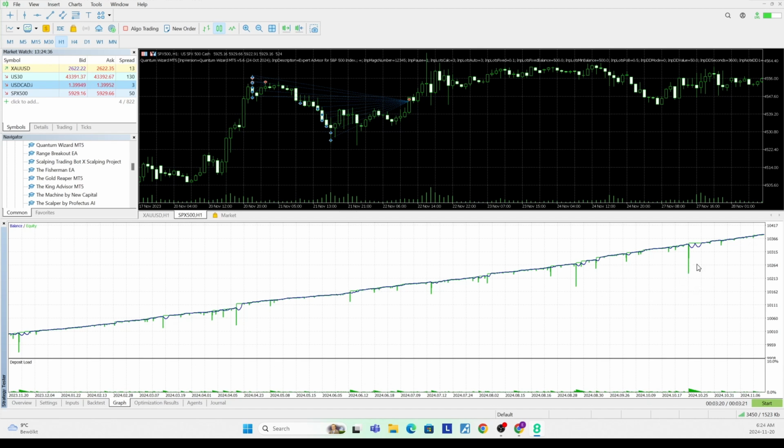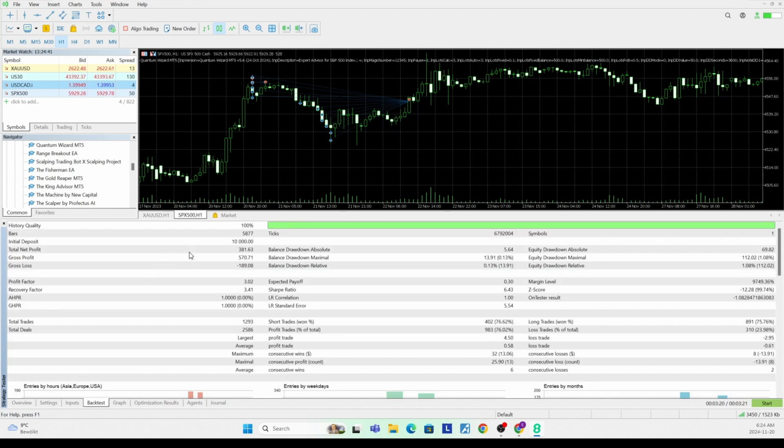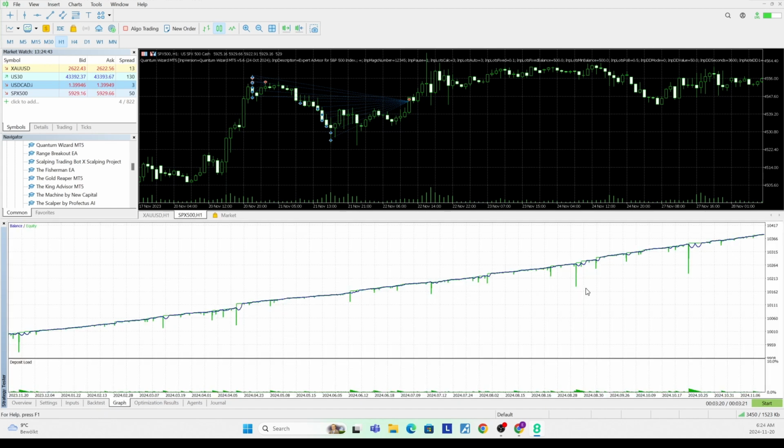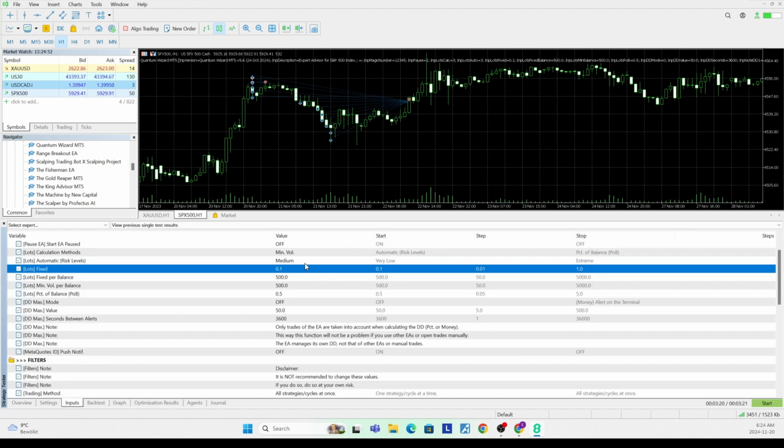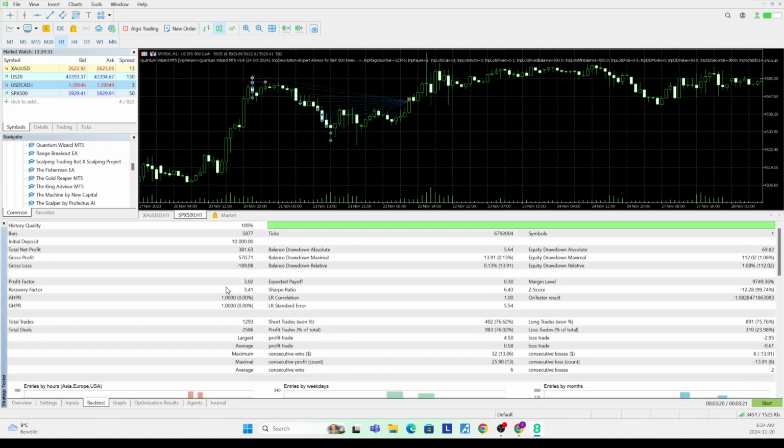Like let's say, for instance, the seller had 10x the lot size, his initial lot size, in order to get a higher return here. These dips may have been enormous and blown the account. So you have to be a bit mindful of that. Like if under the medium risk settings, we're seeing such a small amount of returns, there is the potential that the seller has effectively purposely made the initial lot size incredibly small to avoid blowing the account. So I would be a little bit cognizant about that.